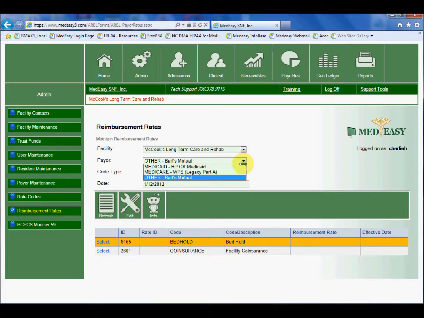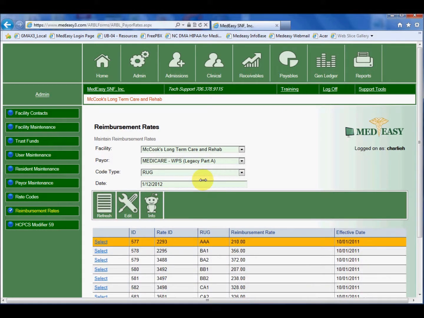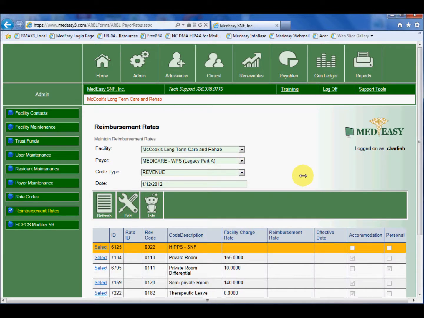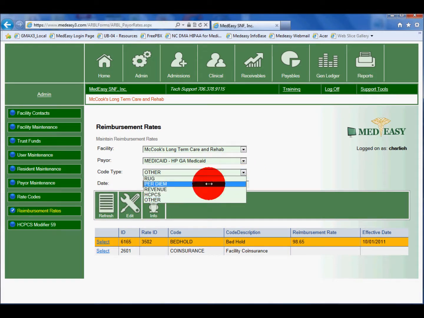Again, just a quick overview on this information here. You select your payer, choose either, in this case, Part A, look at either your RUGs for maintenance, the reimbursement rates, your revenue codes, and other for your facility coinsurance. When you're looking at Medicaid, you want to be looking for the code type in your per diem,